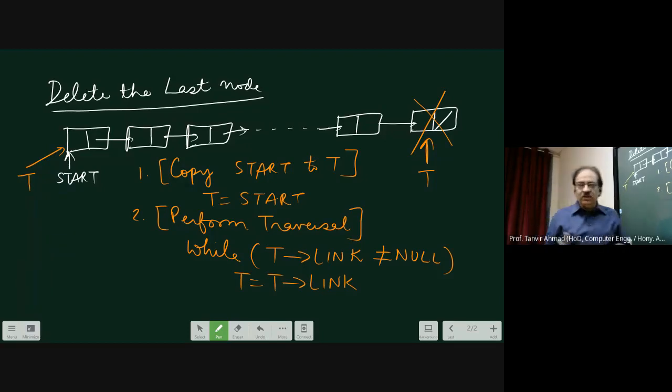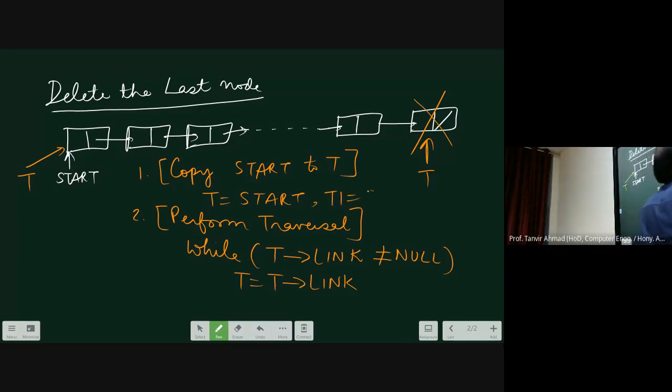But as I already told you yesterday, you cannot delete T from that place. T can only be deleted from one place before that. That means you have to stop one place before that to delete. And therefore, by this method, you don't know the address of the previous node, therefore you cannot do this. Therefore, this line has to be modified, otherwise you cannot delete the last node. Now there are two ways which I did yesterday. You move two pointers, T and T1, keep T1 before T. Therefore, I can do like this.